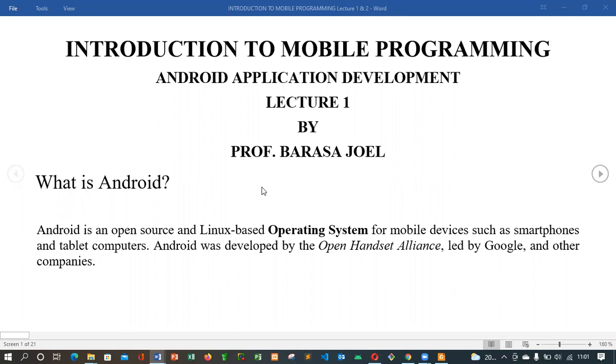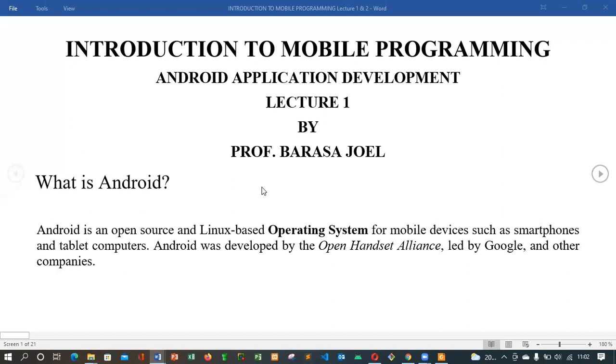A very good example is the Windows operating system, which operates on PCs, that's personal computers. We have Mac OS, which runs the Apple hardware. We have iOS, which is an operating system for Apple that runs on small devices such as the iPhones